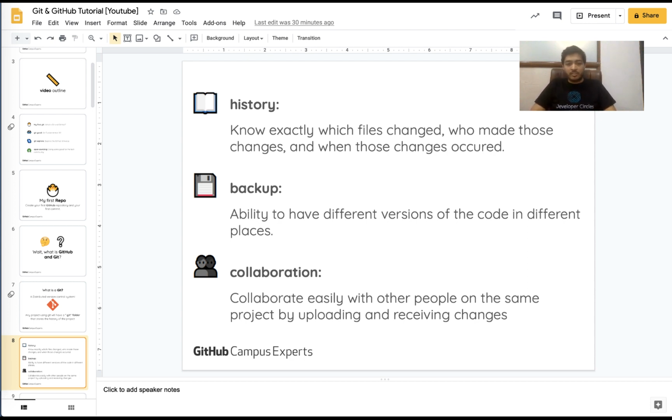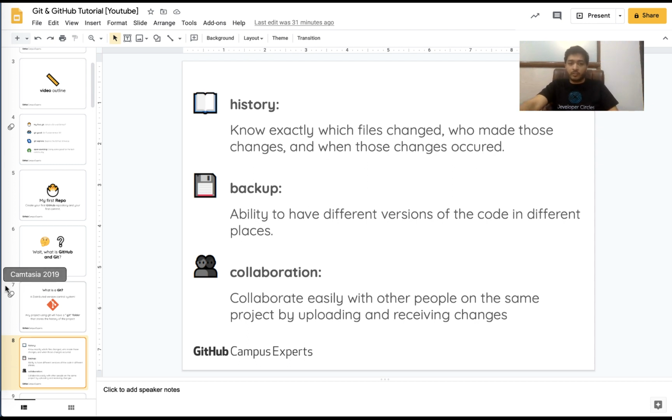So then comes the collaboration part. We'll actually not be discussing that in this particular video. It will be in the next one where we discuss some more advanced features, the branches, merging, and collaborating in a team. That's the feature where Git basically allows multiple people to work on a single project and make changes and keeps track of that, and you can revert your changes as well.